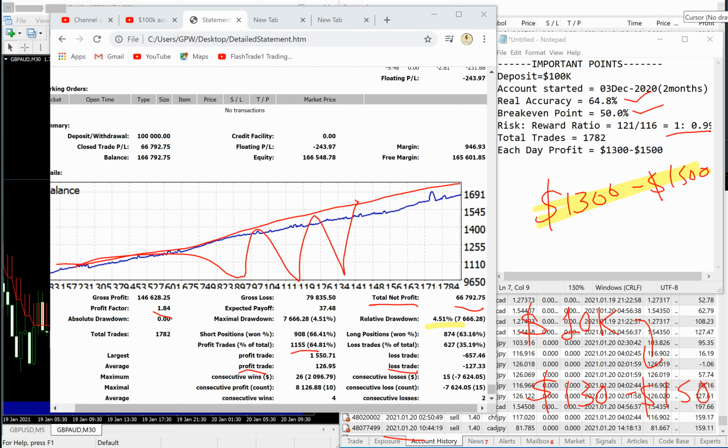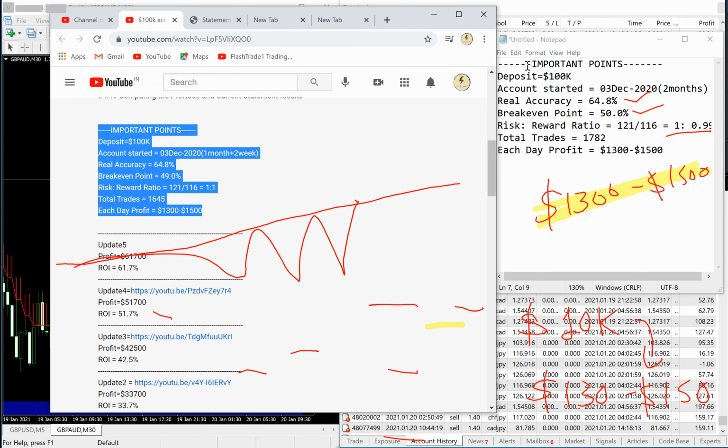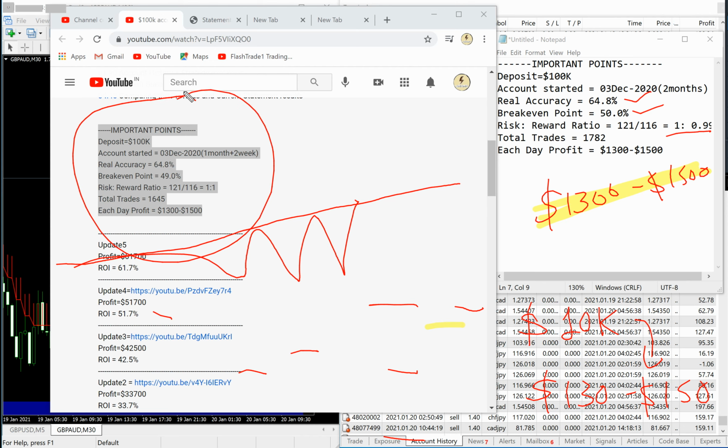You can verify all the data and see whether the trading has improved or the trading level has decreased. As of now, from the data we can see that the real trading accuracy has been maintained, but the break-even accuracy has increased on the account. Risk reward has decreased on the account, and both of these points are negative for this account. So in future we'll try to decrease the break-even of this account and at least try to maintain the risk reward of this account.